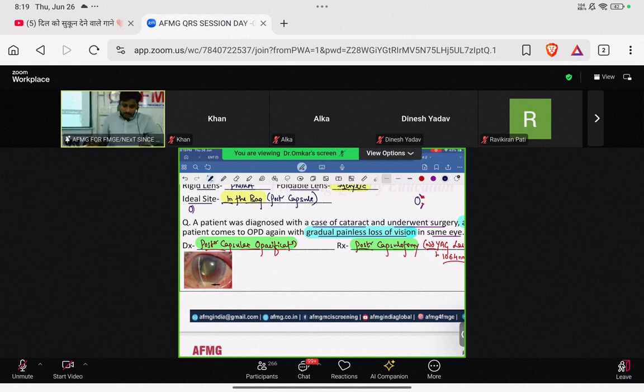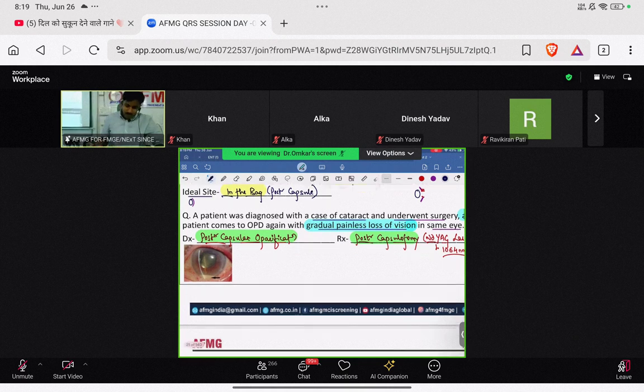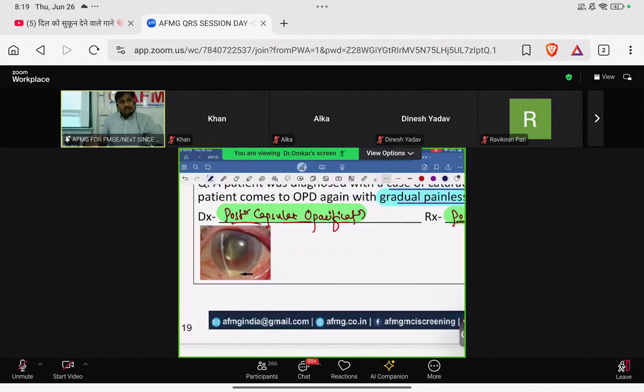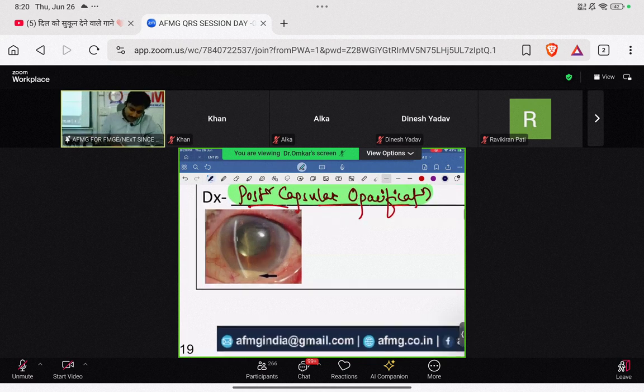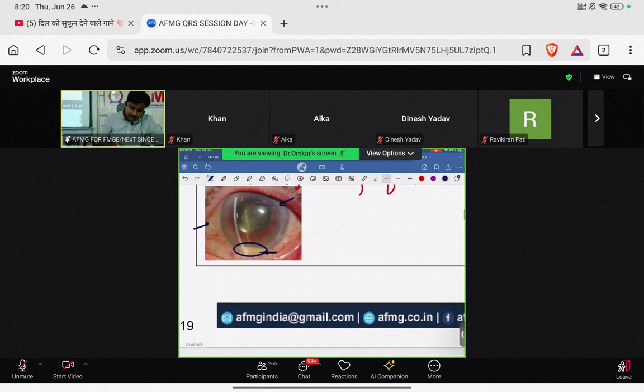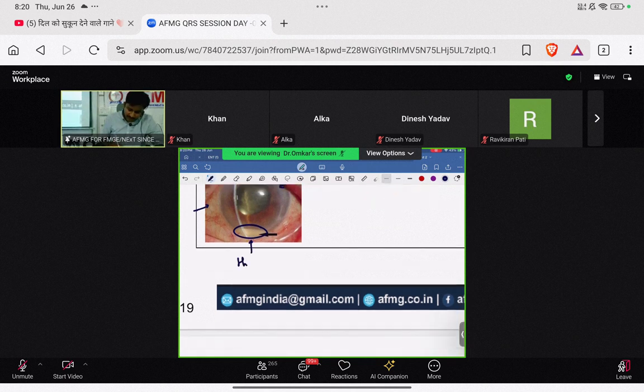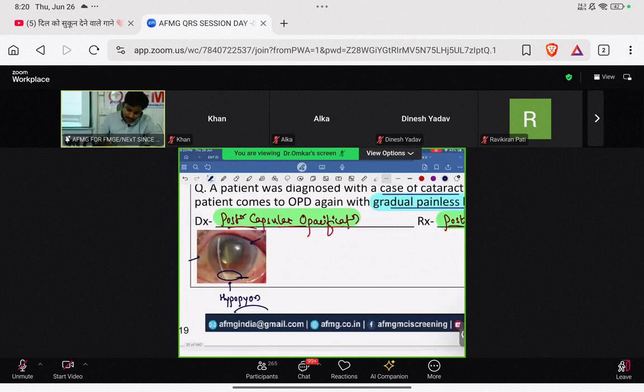as PCO. What is the most common early complication of cataract surgery? तो हमें पता है after cataract surgery within few weeks the patient will come to me with a lot of pain along with decrease in vision. मतलब a patient will have a sudden painful loss of vision. When you examine the eye, there will be redness due to inflammation. Patient will definitely have edema, beta, corneal edema causing haziness, and patient will have collection of pus in the anterior chamber called as hypopyon. So as there is an infection, the patient will have collection of pus in the anterior chamber known as hypopyon. What is the likely diagnosis?